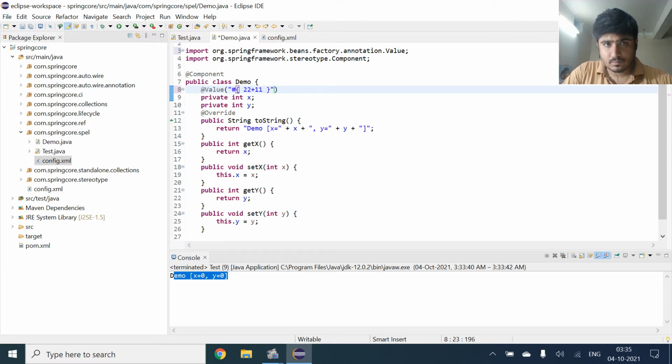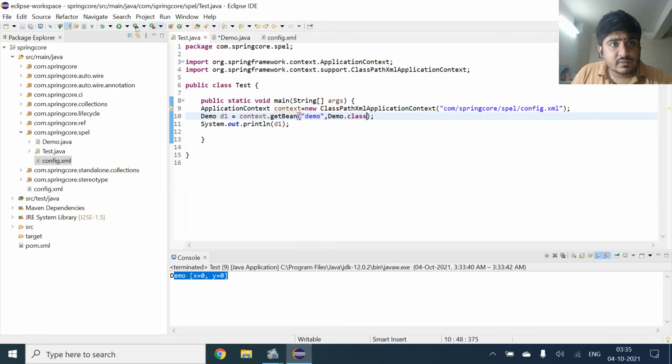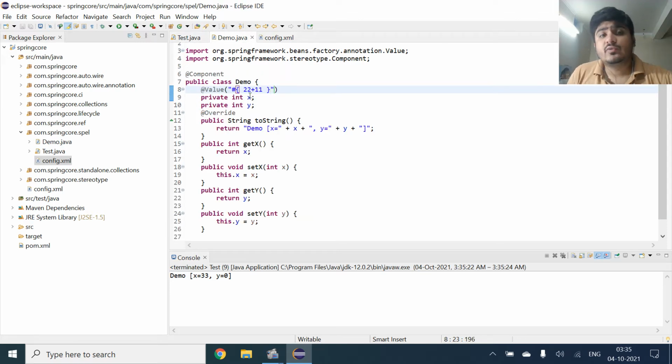Now if we run the program once, let's see what happens. Okay, 33, we are getting 22 plus 11, 33 as output for the value of x, because here we have given the Value annotation for x.